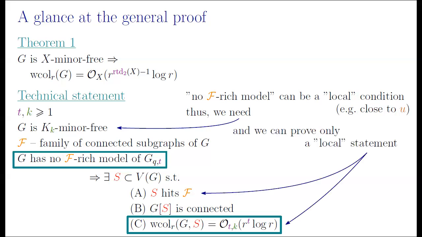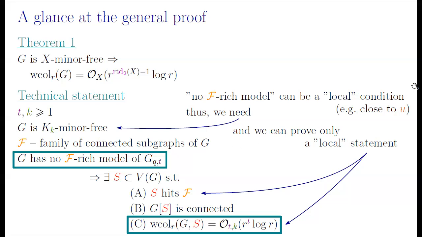And also, because the assumption is local, we can only obtain some local statements. And here it's more complicated. What do we mean? We only obtain a statement for the set S. It's here. I will explain this notation in a moment. But you see that it's dependent on S, so it should happen somehow close to S. And S is close to this family F. Yes, it has to hit it. It's connected, so it kind of connects this family F. But the intuition behind this technique, this whole technical statement, is that the thing that we're doing can be very local